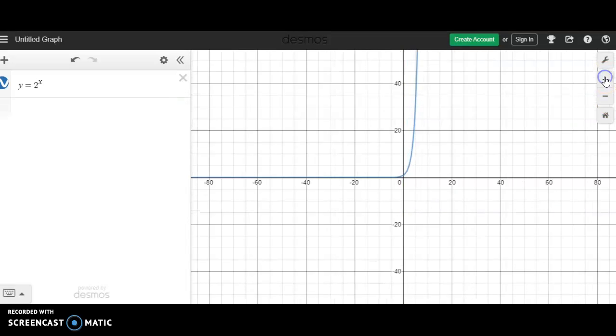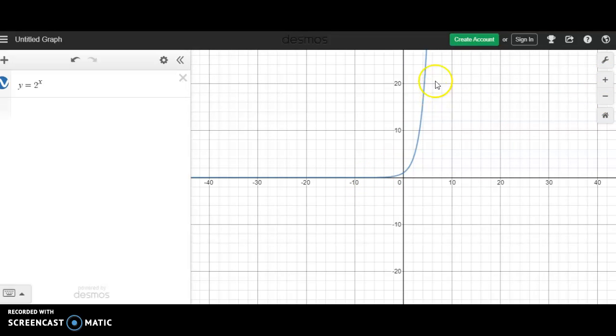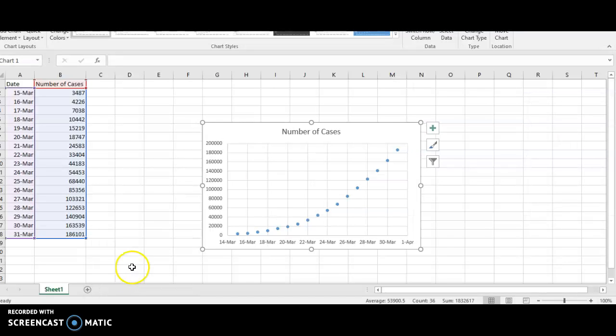This exponential function that we had where it goes up, this one goes up super rapidly. We're not quite at that yet in our particular data that I'm looking at, but it also kind of depends on how you set up the graph. So this is just between 15th of March to the beginning of April.